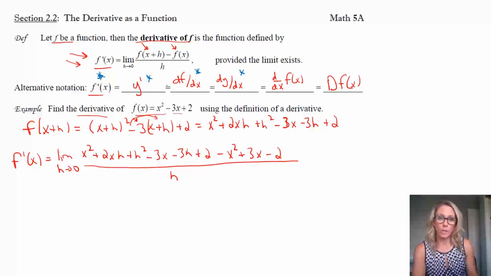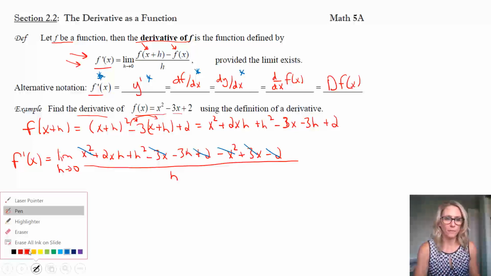So what we do is we use this, and now we just simplify anything in our numerator that can be simplified. And that's what I mean by fun, because you might be like, well, that's not fun. But you can take x squared, and you can subtract an x squared, and you can take a minus 3x, and you could add a positive 3x, that's 0, and you've got a positive 2, and you've got a negative 2. And so all these things have simplified with each other. And now we just have to think about what's left.